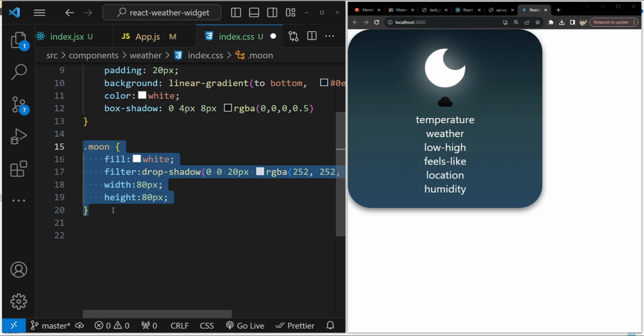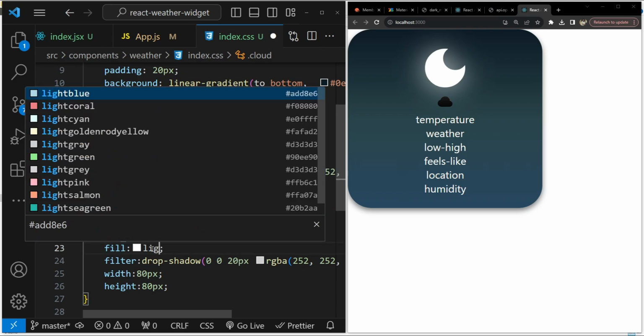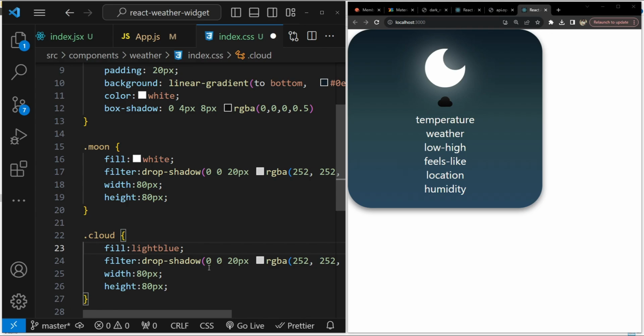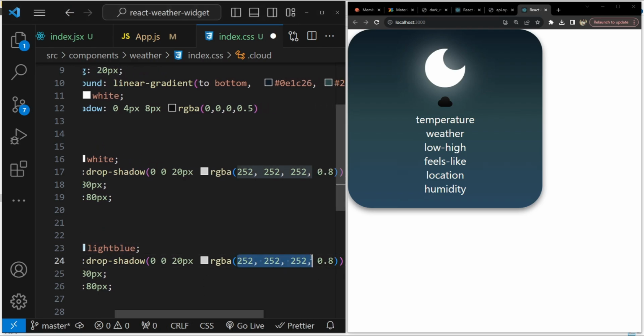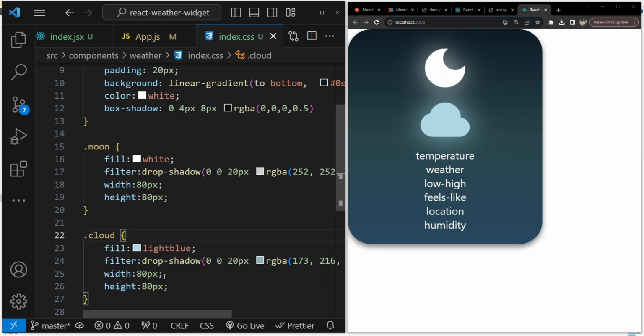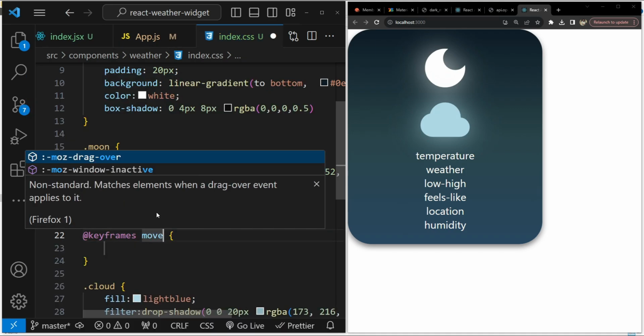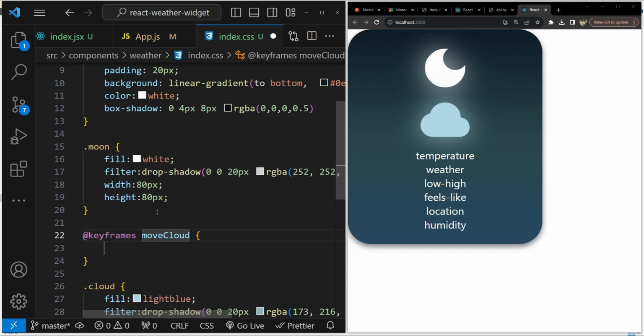So for cloud, I am just going to copy moon and then rename it as cloud, and the fill can be light blue. For drop shadow, I'm going to use a different color which is going to reflect the light blue fill. So let's use a different color. Width and height can be same, but we can add keyframe animation for the cloud. So let's do that. Add keyframes identifier can be move cloud, and